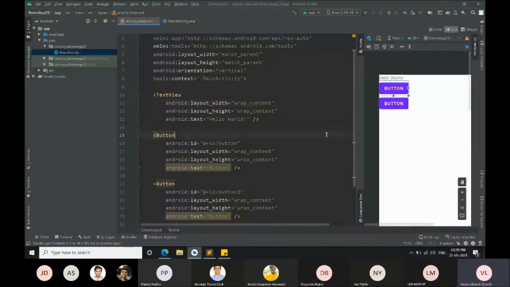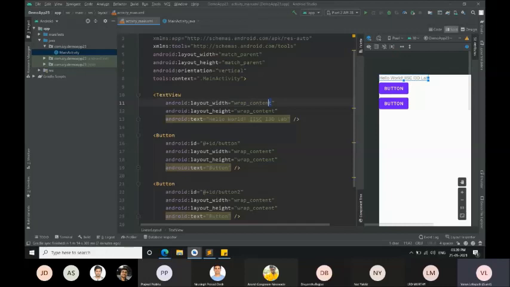So now I have this text view. In the text view, I have the width as wrap content. So what is my text? Hello world. Now I'm writing here, hello world IISc, and I'm writing I3D lab. So as soon as I write, the text view is scaling automatically. Its width is auto adjusting. Wrap content is nothing but whatever content that is present, wrap accordingly for it. So it will be automatically adjusted. The text view is wrapped around that particular content.